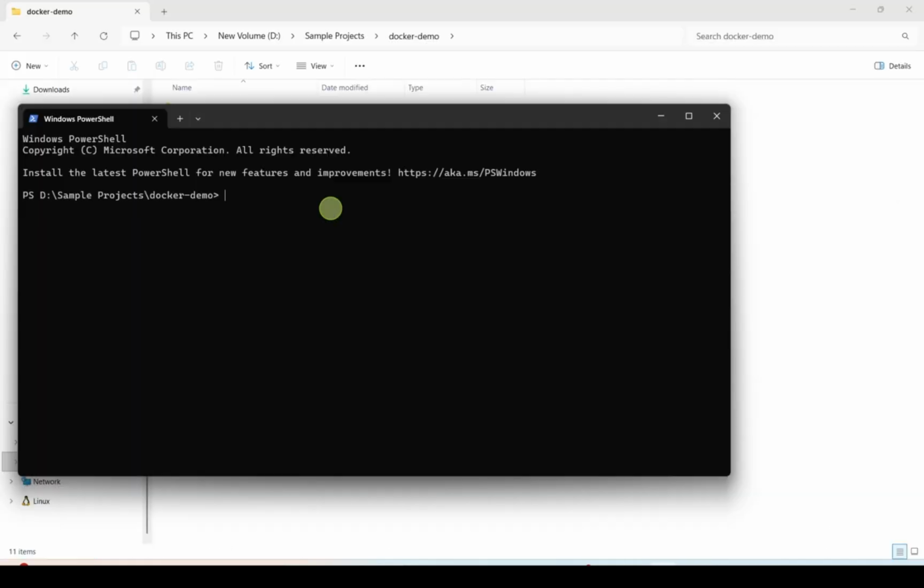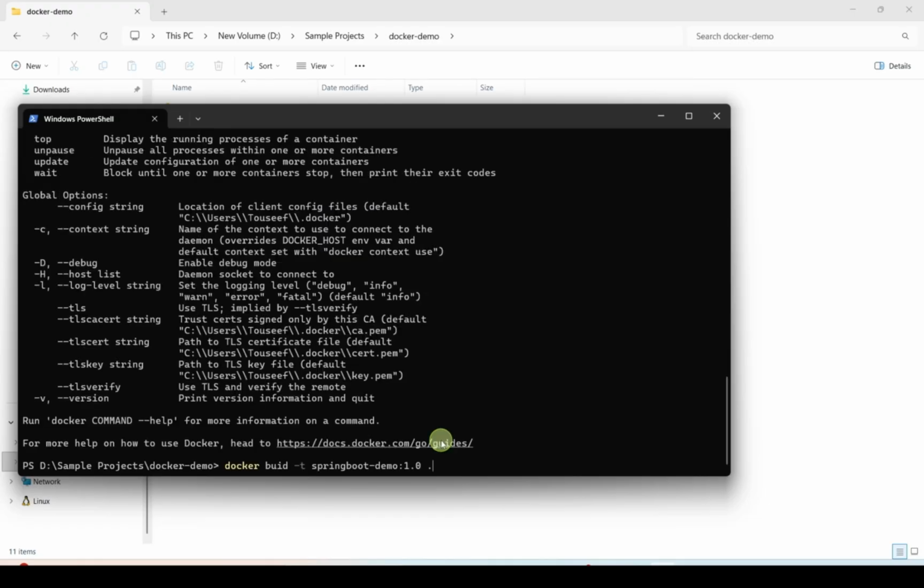Okay, now let's build the Docker image. I write the command docker build -t spring-boot-demo:1.0. Now this docker build tells Docker to build an image. -t spring-boot-demo:1.0 adds the tag to your image, and the image name is spring-boot-demo, right? And the version is 1.0. And then we provide a dot. Dot means use the current folder.